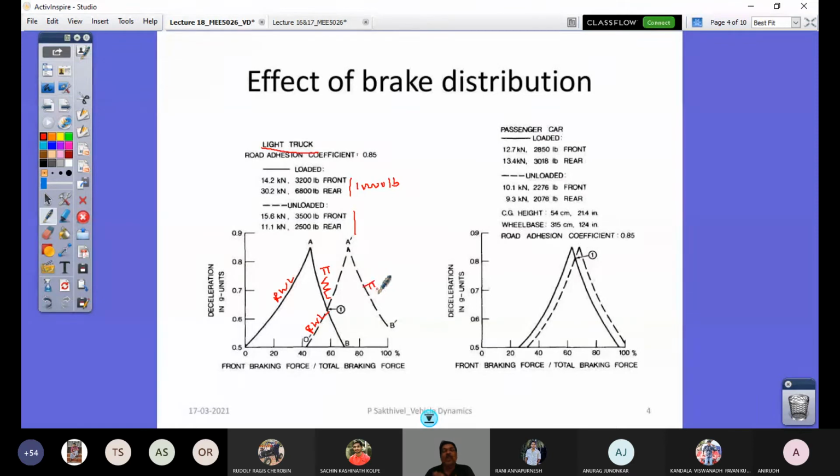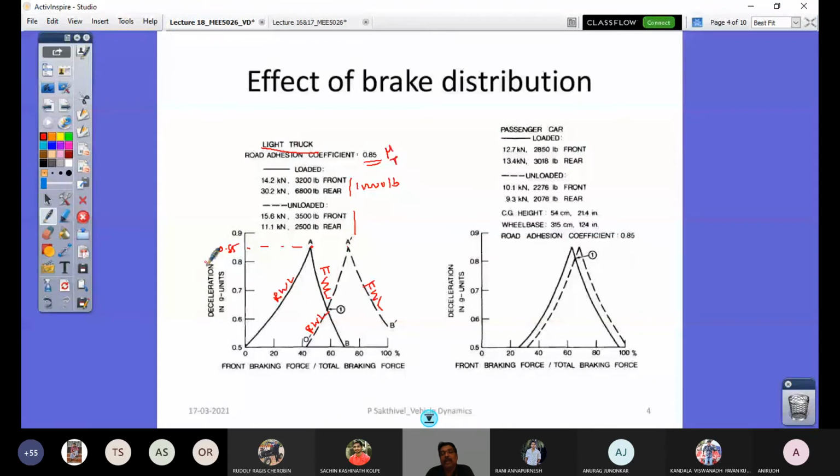So if I have my vehicle, sometimes it's fully loaded, sometimes it's partially loaded, it's not unloaded. In such a condition, my light truck should have this point as an operating point always, though I would have a compromise, the deceleration associated is very less. So you see at point A or A dash, what is the corresponding value? That is 0.85. So what is 0.85? That's a given road mu, right? So I will have 100% efficiency. So for the unloaded condition, 47% cannot be there. If I put 47% for an unloaded condition, what would happen?